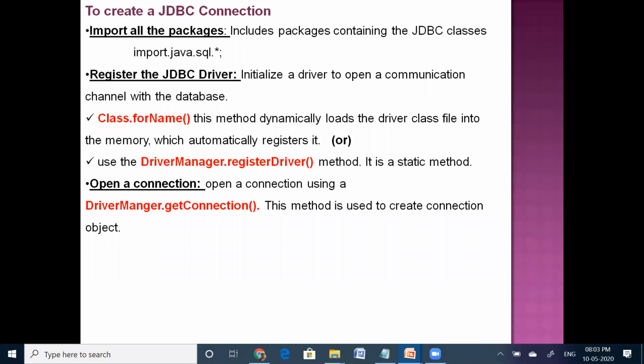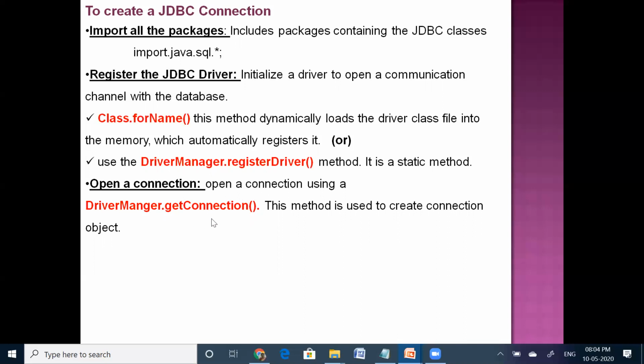Okay, so how to open the connection? For that, in the JDBC API, we have one method, the getConnection method. By using this getConnection method, we can create the connection between your driver and the database. That means your Java program to the database, right? Now, this getConnection method is available.